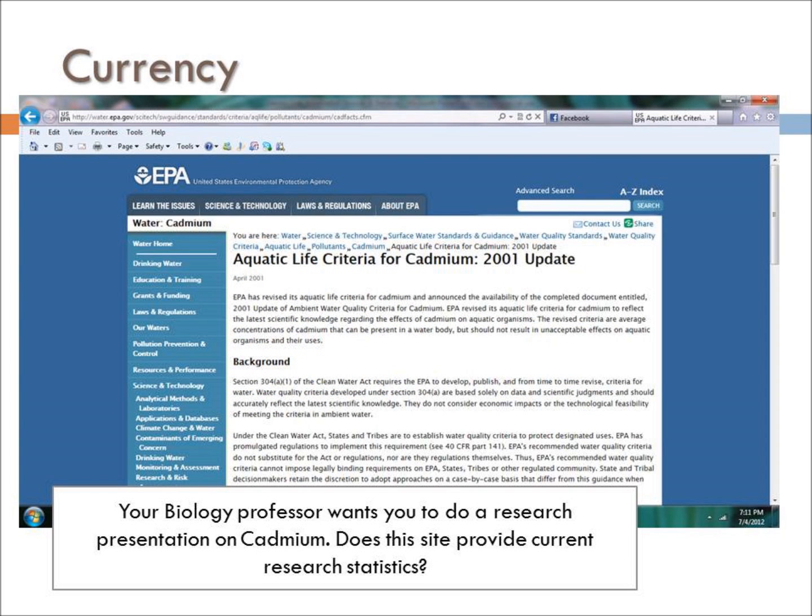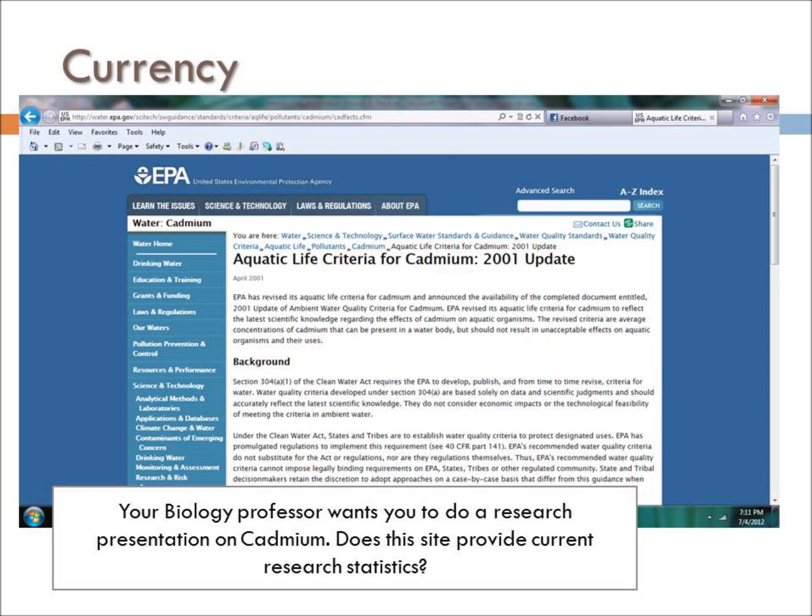Next, we want to look at the currency of the website, when the site was developed or the last time that it was updated. In this example, it says your biology professor wants you to do a research presentation on cadmium. Does this site provide current research statistics? When you're looking at statistics, you want to make sure that you use the most current statistics that you can find. This example was last updated in April of 2001, so this would not be a good site to use